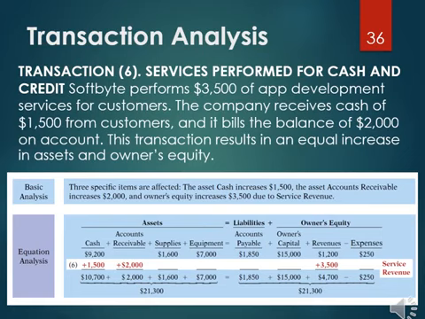Transaction 6. Services performed for cash and credit. SoftBite performs $3,500 of app development services for customers. The company receives cash of $1,500 from customers, and it bills the balance of $2,000 on account. This